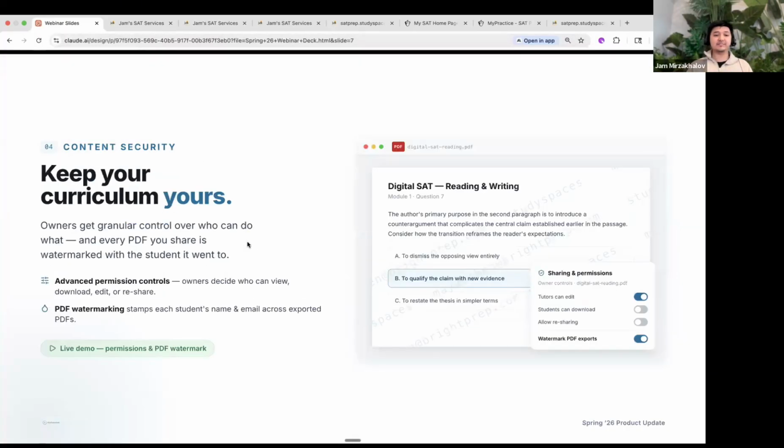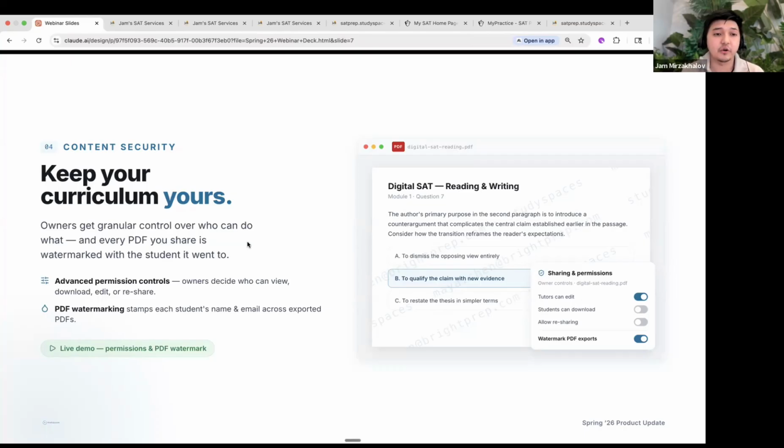All right. So this is probably the most relevant if you are a tutoring business owner and you're working with other tutors, you are hiring tutors, you have team members coming in. And specifically I mentioned this because we had clients come in, and these are maybe tutoring companies with 20 plus tutors who had specific needs about how they want to protect their IP that's on the platform. So whenever you hire tutors, what happens if the tutors leave and you have to offboard them? How do you make sure that your IP stays yours in that process? But even when they're tutoring, how do you make sure that people cannot just download the materials that you have